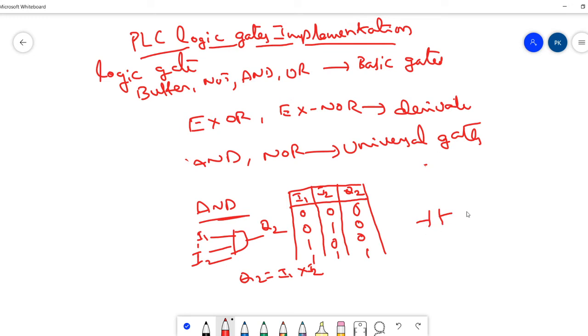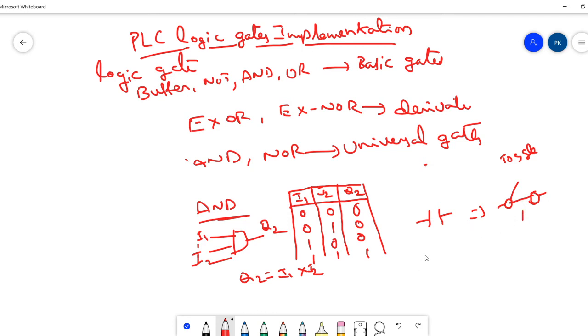Normally open means, if you come to the relay connection, there are two terminals, and I'm taking a toggle switch. This is the toggle switch in the normally open state. Normally open means initially there is no connection between these two terminals. When a normally open contact is energized by the power supply, it becomes a normally closed contact, so it is considered as one.